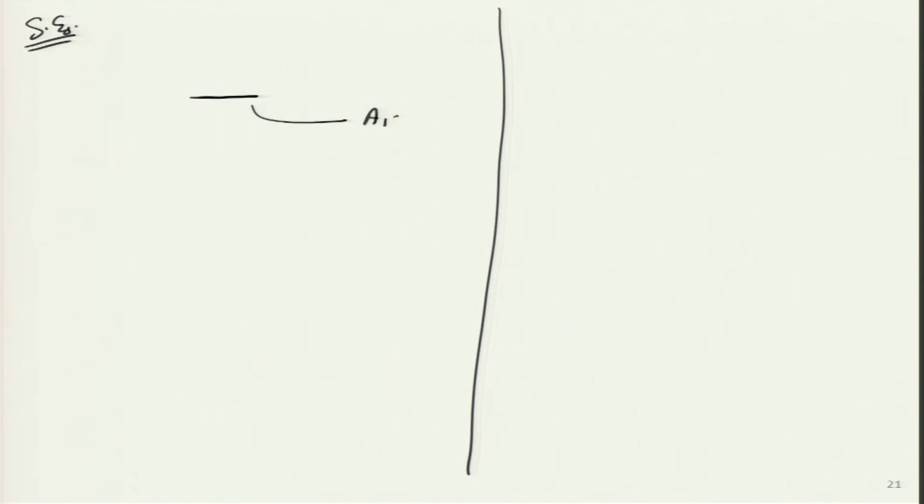So, the solved example I am talking about will give us a lot of interesting results. We have a solid surface over here. Instead of drawing a square, I am drawing it in side view. So, this is a square of area A1, and let me consider it a small area of about 2 centimeters square. Its temperature is about 500 Kelvin. Then it is emitting radiation in all directions. It is a diffuse emitter, so in all directions it is emitting equally. So, this is surface 1. Let me give it the blue color.